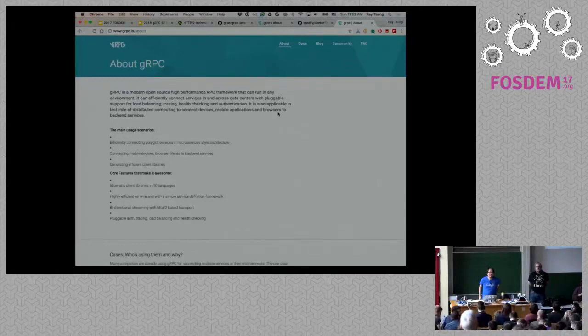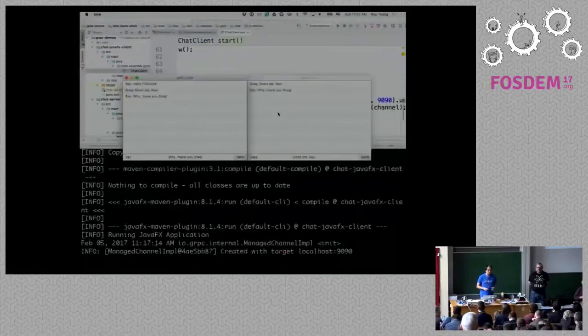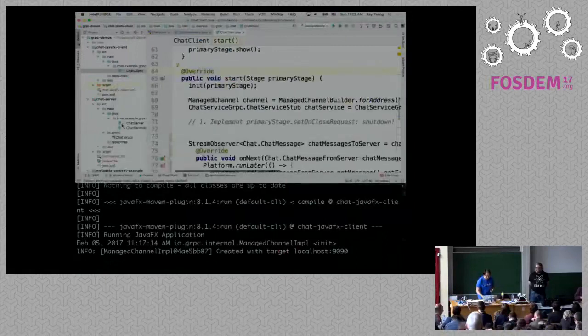Does gRPC have support, or are there best practices regarding API versioning? So yes, actually, one thing I didn't mention is the message payloads, because it's based on protocol buffers. It's backwards compatible for the most part, unless you delete one of the fields.